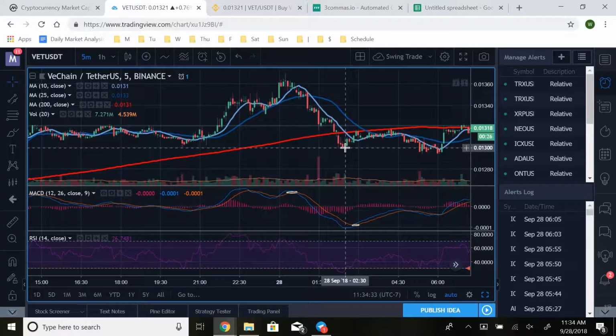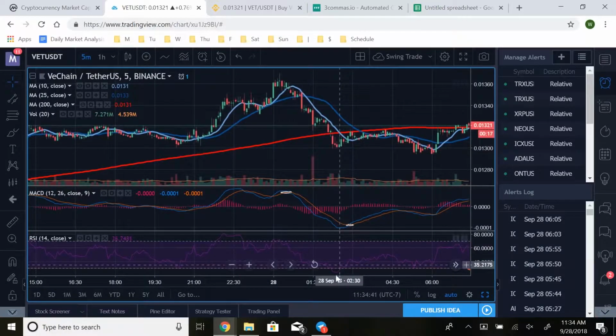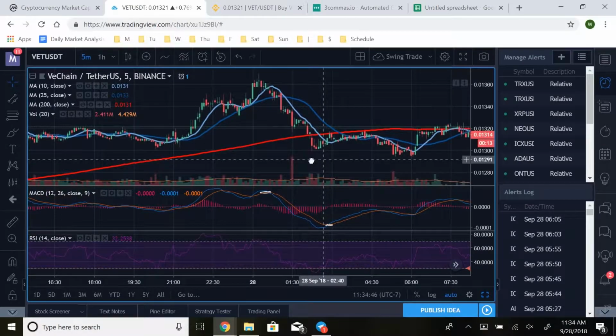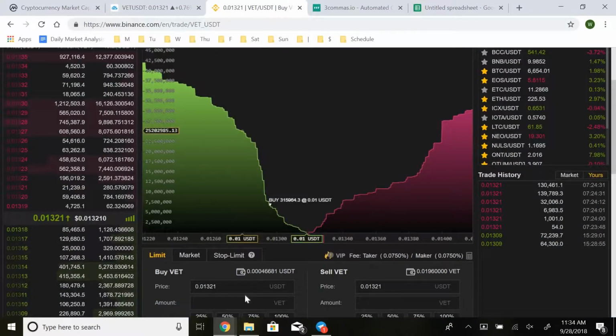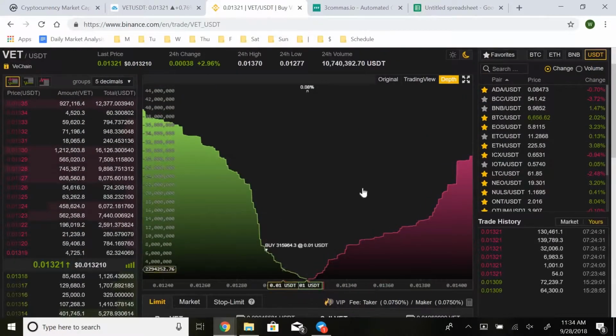Now, the way we do that is actually not on the technical analysis side. It's actually going to be on Binance. So really step 1, just understand when it's oversold, and that's a good time to buy. Now, after that, really all you have to do is pay attention to this right here, which is the order